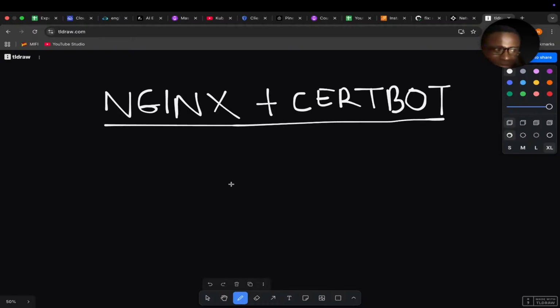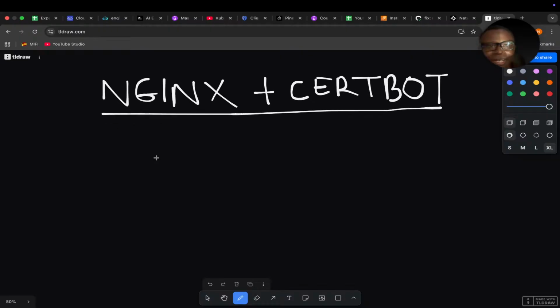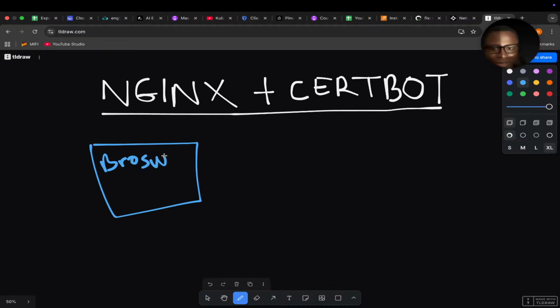Yesterday in the setup, okay, after successful deployment, from the browser, someone would type something like this, okay. Let me pick a different color. So assuming we had a browser, okay, we have our browser. Like in my case, I am using Chrome, okay. So you have your browser. Looks like I need to go back to school to spell browser. So we have browser, okay, and then from the browser, someone accesses